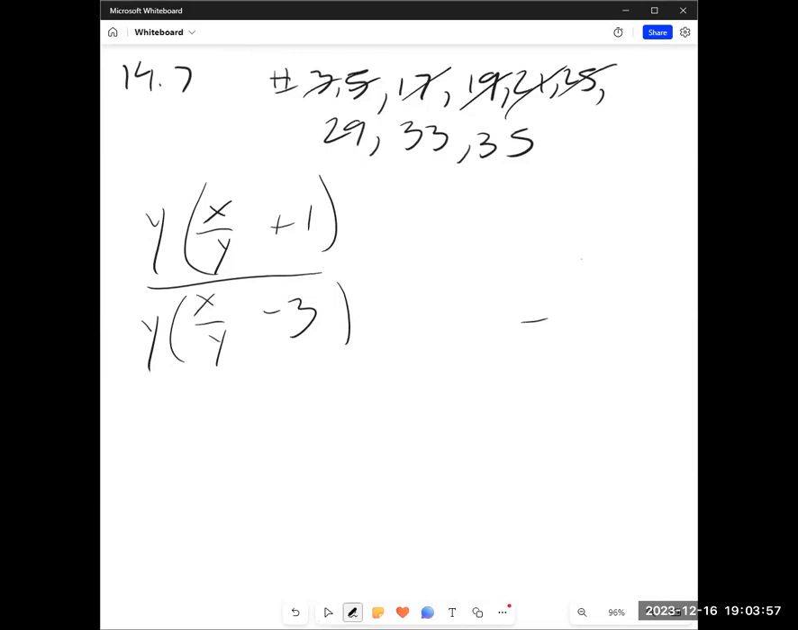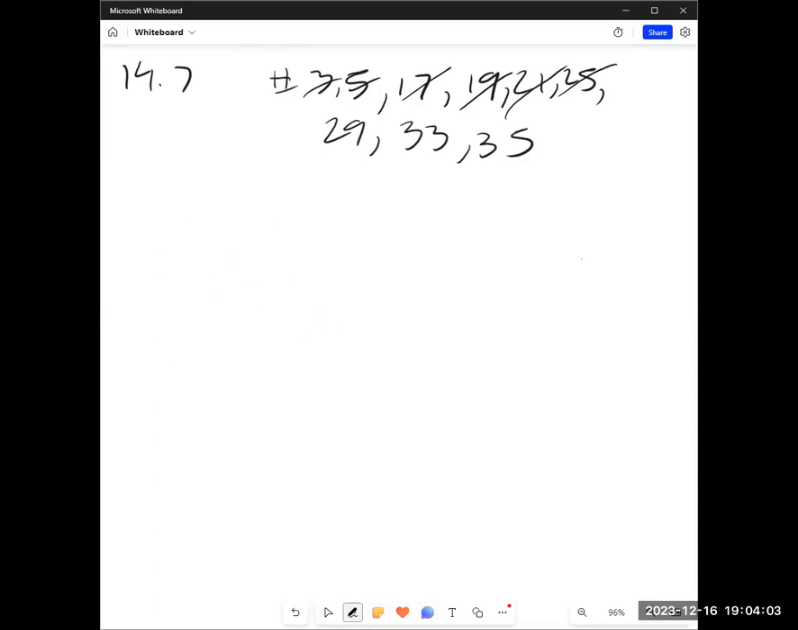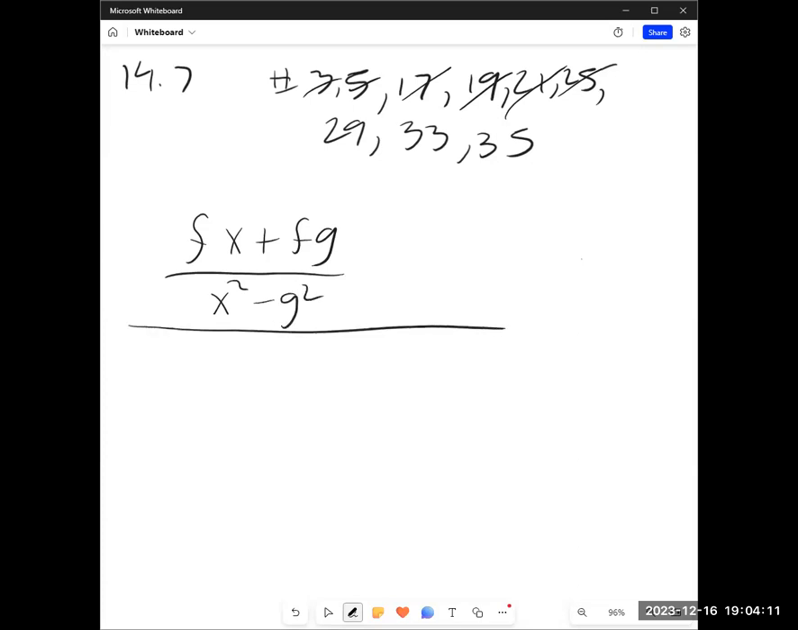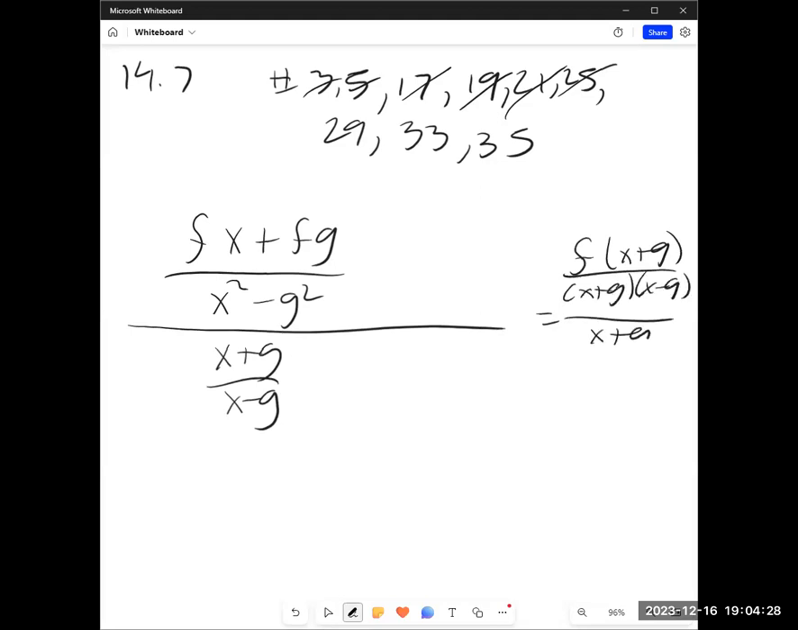This problem's a little more interesting. We have fx plus fg over x squared minus g squared over x plus g, x minus g. I want to go ahead and factor and simplify a little bit first. x plus g, x plus g, x minus g over x plus g, x minus g is going to be f over x minus g